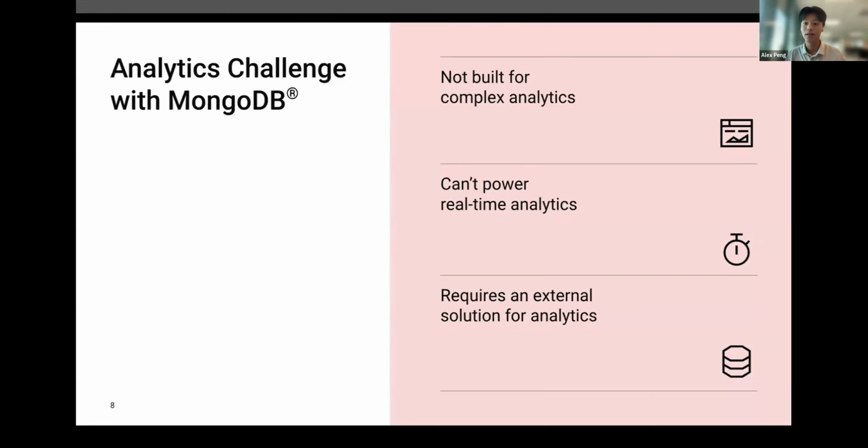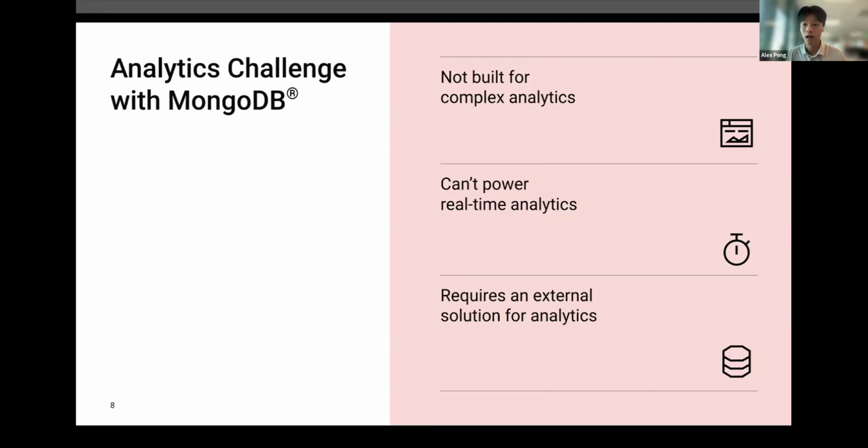You're going to find that dashboards are hanging, queries take a frustrating amount of time,